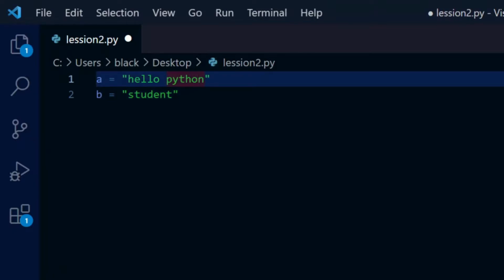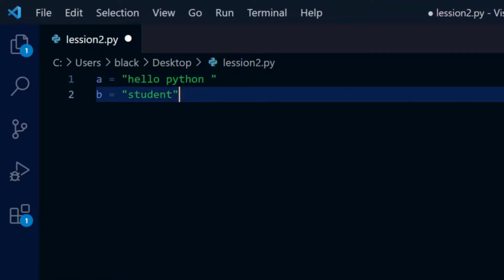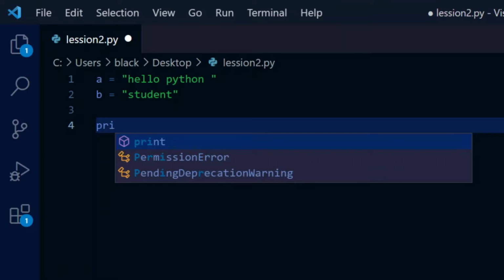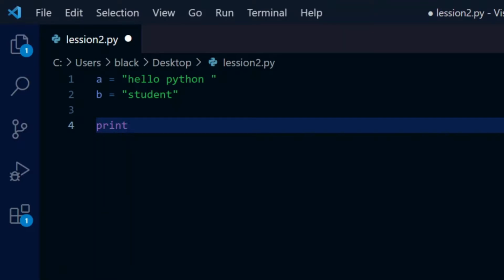Let's add a space at the end of the first string, and let's try to print it out. This print function, I will be covering in next videos. For now, let's use it like this. I will be talking about this print function more in next videos.